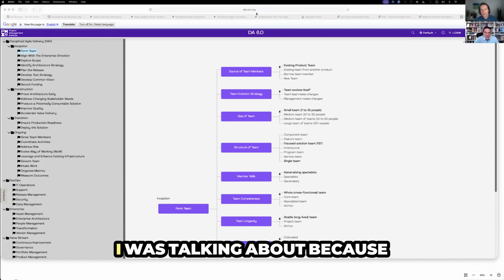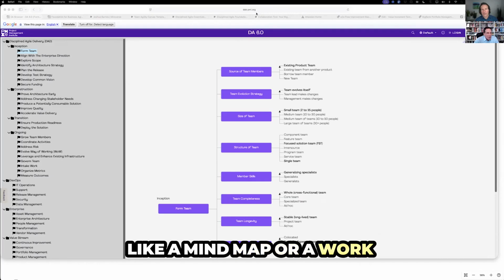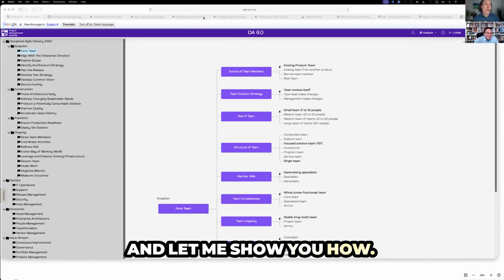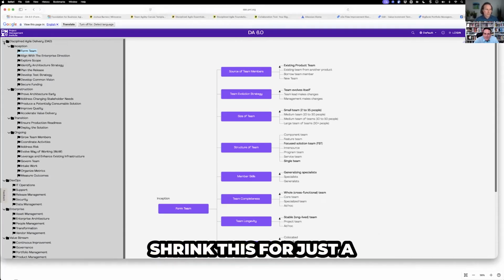See, this is the visualization I was talking about, because anybody who looks at this sees something kind of like a mind map or a work breakdown structure. You see the different phases, and then you see the different mind maps. Exactly. And let me show you how. So over on the left-hand side, how they are arranged, and I'm going to just shrink this for a second,